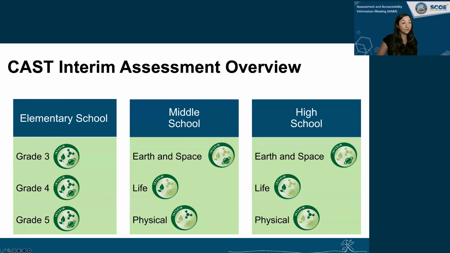For grades 3, 4, and 5, the CAASPP interim assessments are organized by grade level performance expectations, and all 3 science domains are assessed within the interim assessment for each grade. For the 6 middle and 6 high school forms, the CAASPP interim assessments are organized by science domain. The domains are Earth and Space Sciences, Life Sciences, and Physical Sciences.